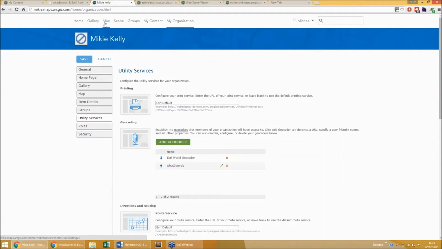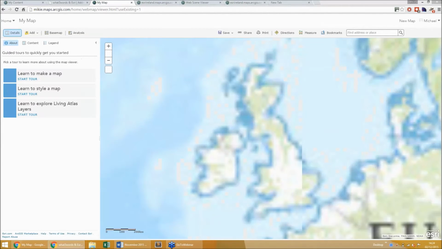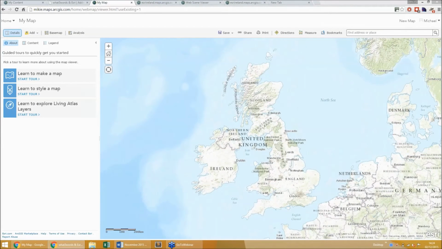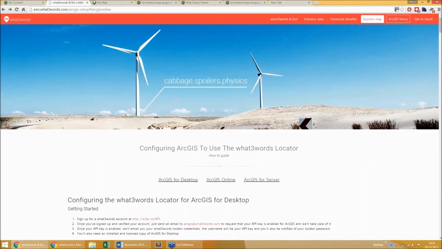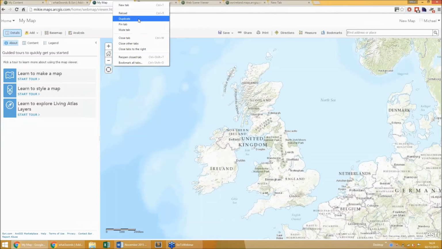So then you can go into your map. And you can see, actually sorry, I didn't save it. So I have to go back. I'm always doing that. You have to save your changes in the organization.